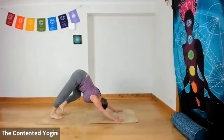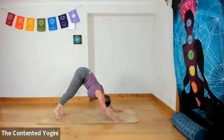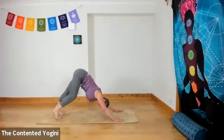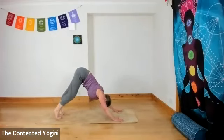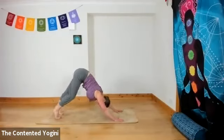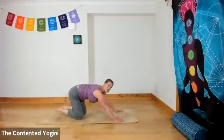So extend one leg, bending the opposite knee towards you. And so you're walking your dog a little bit from side to side. You can look from side to side, so you move in your shoulders and your neck as well. And then when you're ready, you can come back to your hands and knees, and you can rest back into